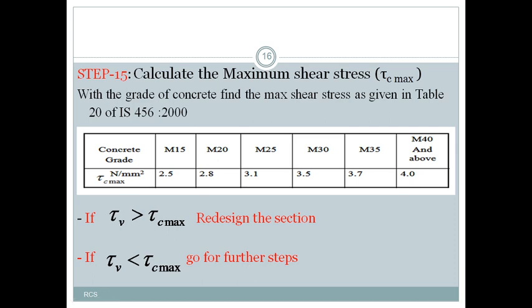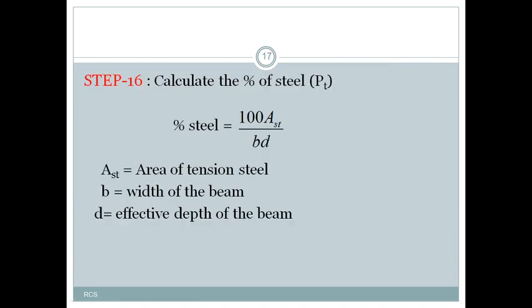According to step number 15 we can calculate the maximum shear stress. This maximum shear stress value depends upon the grade of concrete. According to Table 20 of IS 456:2000, the τc max value is given based on the grade of concrete. For example, if you take M20 grade concrete, the τc max will be 2.8 N/mm². This obtained value must be compared with the nominal shear stress value. If your nominal shear stress value is less than τc max, then we can proceed to further steps, or if greater than that, then we redesign the section. Assume that τv is less than τc max, then we go for the next step, that is calculation of